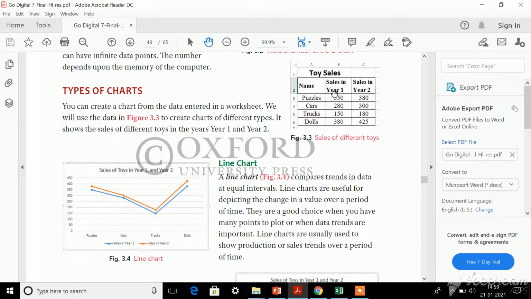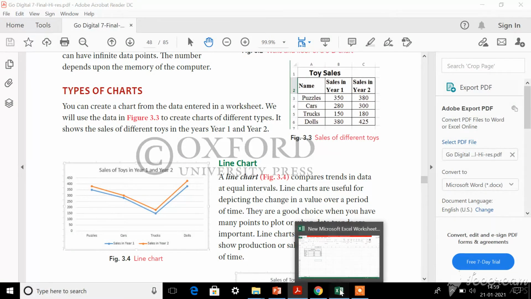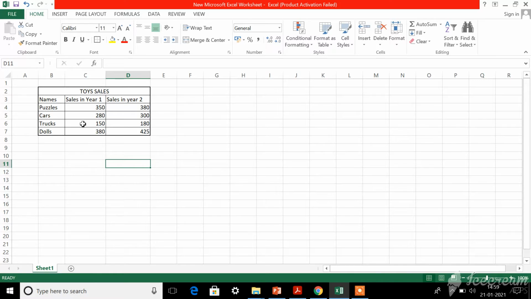They are going to compare their sales in year 1 and year 2, so they are going to create a chart for this. In figure 3.4, this line chart is created using this table. I have created the same table for you for easy understanding. Look here dear children, are you able to see?